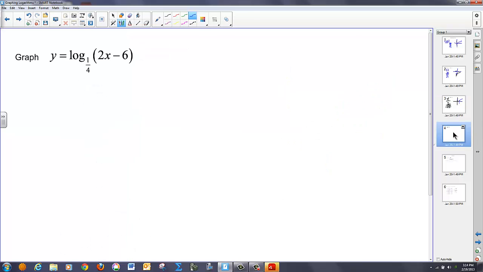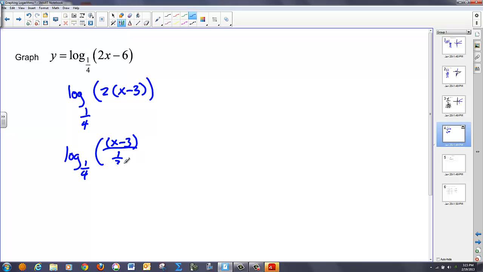One more example for you. Now you'll notice here I've got a number in front of my x term, which we really don't want. We want this in standard form. So what I'm going to have to do is take the log base 1/4, factor out my 2, be left with x minus 3, and we know that's still not in the standard form. If we want it to be in the standard form, we take the log base 1/4 of the quantity of x minus 3